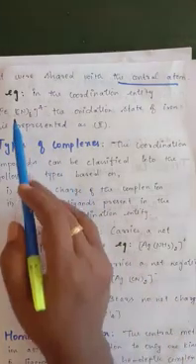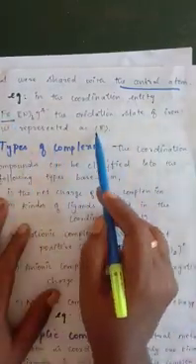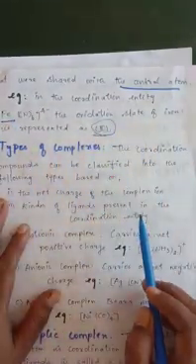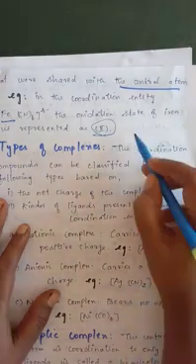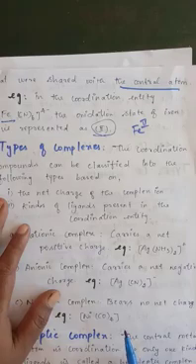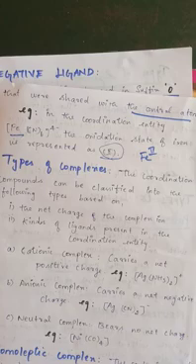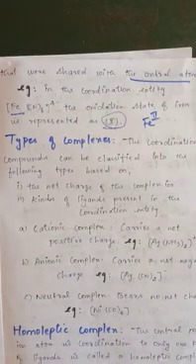Suppose in the coordination entity, the square bracket [Fe(CN)6]4-, the oxidation state of iron is represented as 2, written in a Roman numeral, so Fe(II) with a plus sign. How do we calculate this oxidation number? How many electrons are shared with the ligands by the central metal ion? This is denoted by the oxidation state. How do we calculate it?